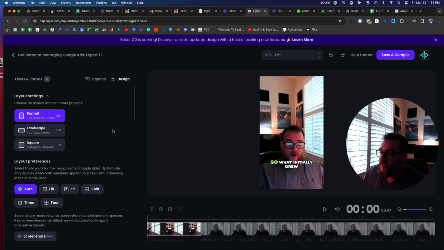Now underneath the design, this is important based off of what kind of video you want to make. As you can see right now, it's portrait. There's also landscape and square, so depending on the format, that's really going to be how you should judge where you want to put the content. As long as the edit itself is within this area